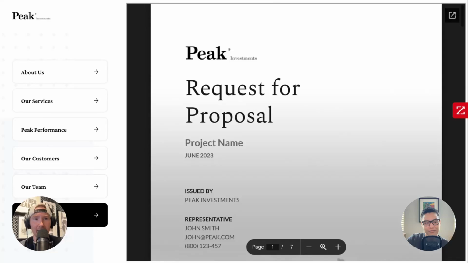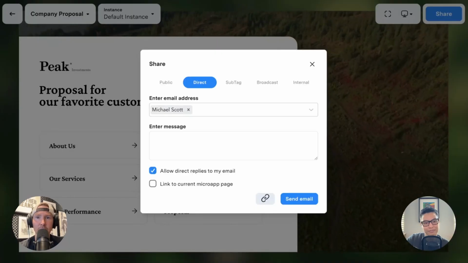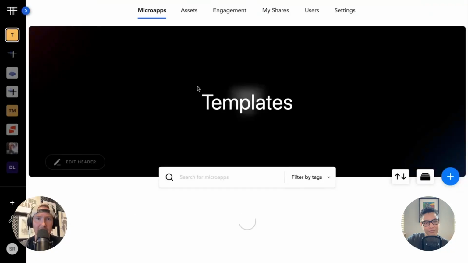As you share a link, it becomes almost like you're heat mapping, in a sense, analytics for how did they click through? Where did they spend the most time? Did they get to a certain section of this? And so as I close out of this and go back out to Tiled, in the engagement section,